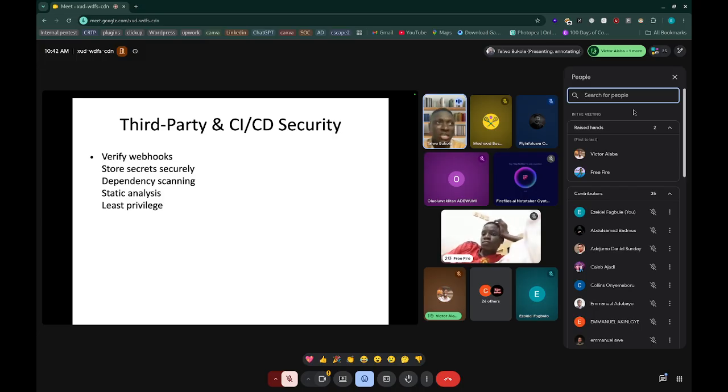Early this year, I think it was February or March, they detected a version of Axios, a JavaScript library, that was vulnerable, right? So if you are using CI/CD security, it helps you detect if there's any flaw in any dependency or library that you are using.